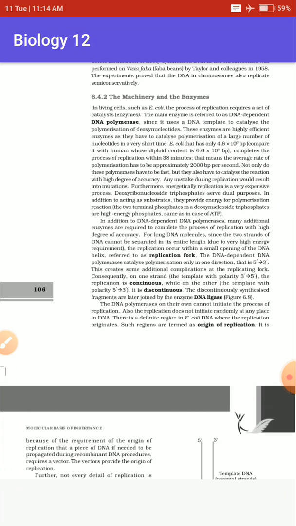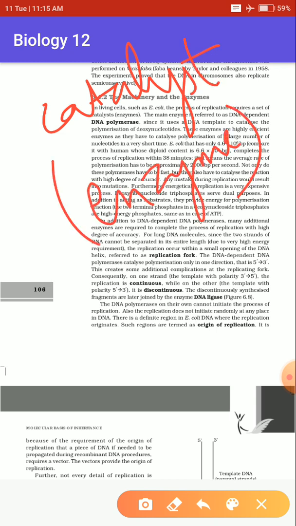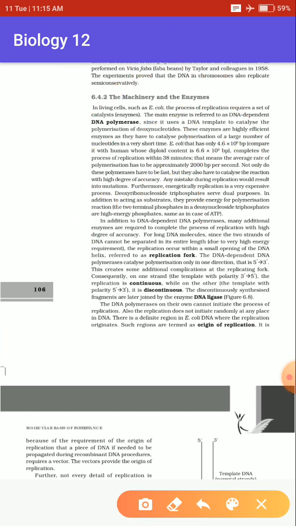All these things can be understood with the concept that the DNA is replicated, or divided and multiplied, in such a way that it needs a catalyst, or we can say an enzyme. Catalyst, in the sense of chemistry, is called a catalyst, but in biology the catalyst is also known by the name enzyme, or biocatalyst. The enzyme that is mainly used for such a replication process is the DNA polymerase enzyme.